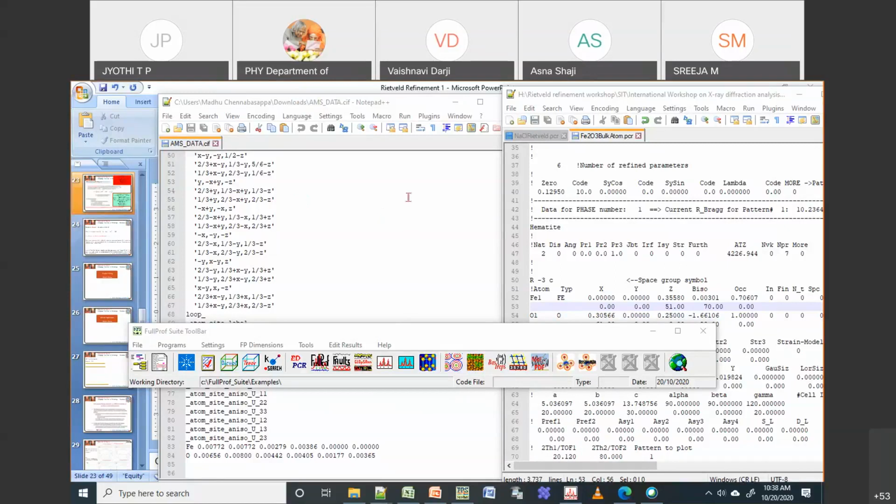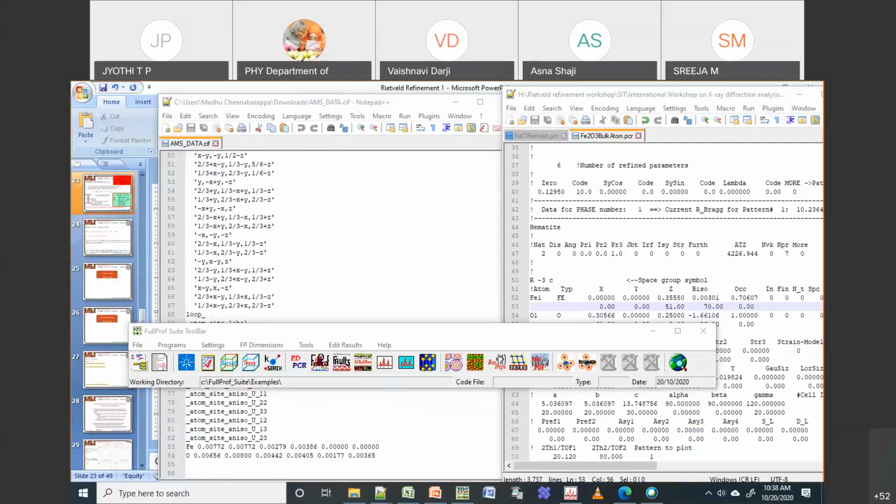Okay, so this is just a starting point. Okay, so I'm not going to publish this data, just to show you I'm showing this. Okay, so but this is also one way to show how you have a high RP, RW, still you can get low chi-square. Okay, so this is one of the examples which I wanted to show.